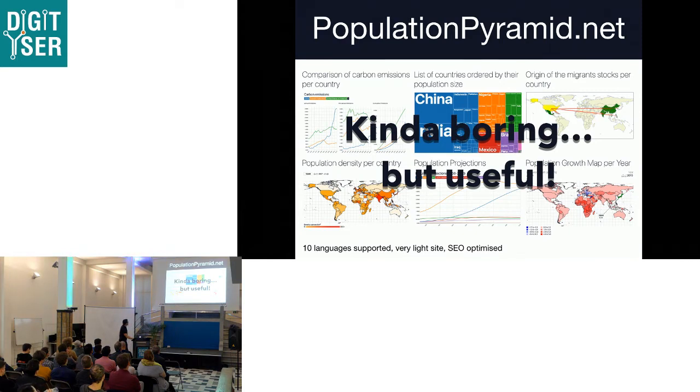Some more information about the site. It supports 10 languages, which is kind of easy for this kind of stuff because I don't have much text actually. So translating it cost me like $40 in 10 languages, so that was easy. It's very light, so most pages load in one request, so it's very, very fast, it works on mobile, and it's nice for SEO. So it's thought to be widely available and easy to use and fast.